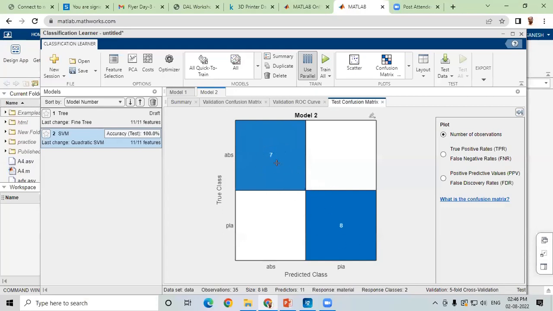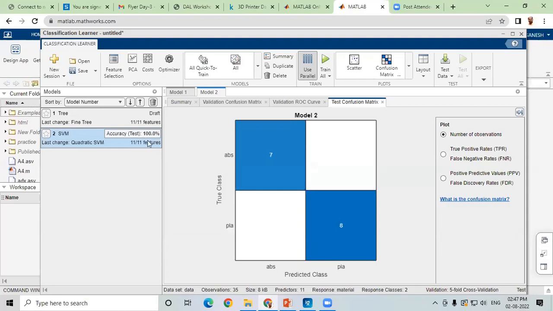The number of instances is 7 plus 8, that is 15, and we know that the total number of instances was 50. So 30% of 50 is 15, and if you check this summation, it will be 15 only. So 30% of the data is taken for testing. Now once your data is tested, and you have seen that the accuracy is more than 80%, or generally it is taken as more than 70%,